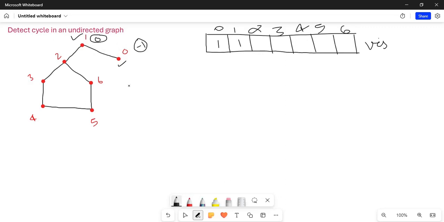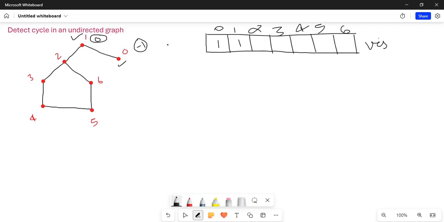Now 1 tries all its neighbors. Let's say 1 tries first for 0. If 1 tries 0, 0 may be visited or not visited, but here 0 is already visited.